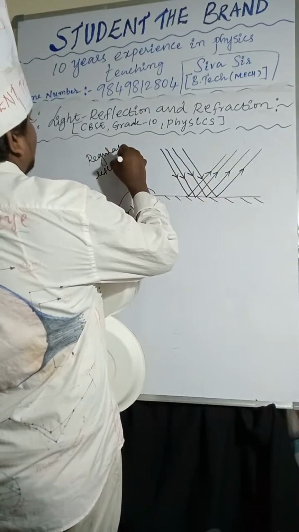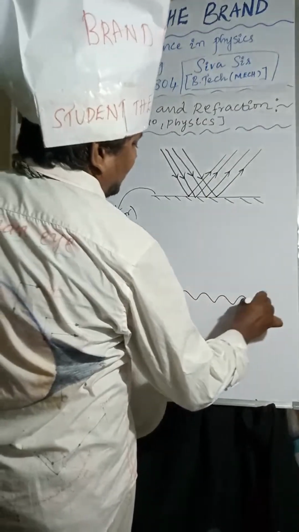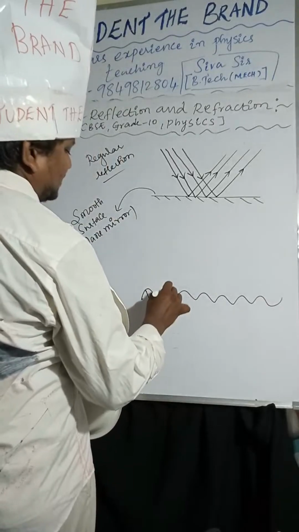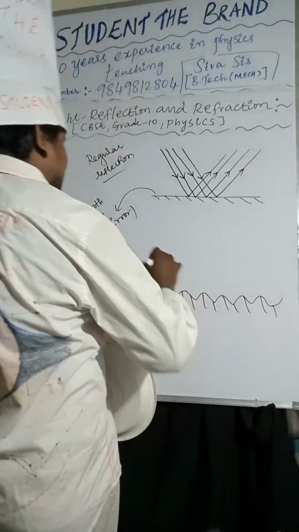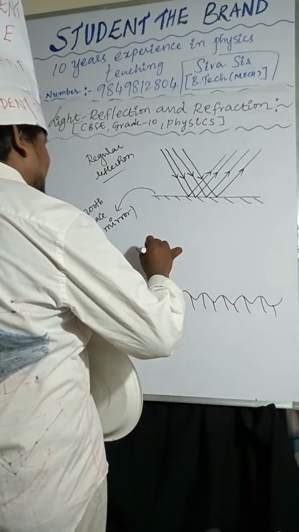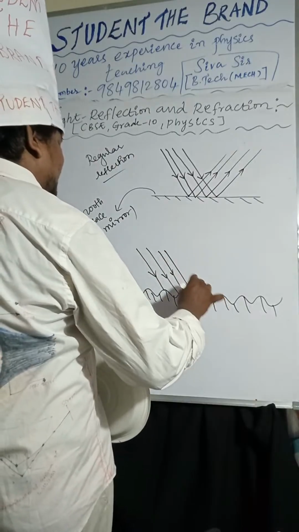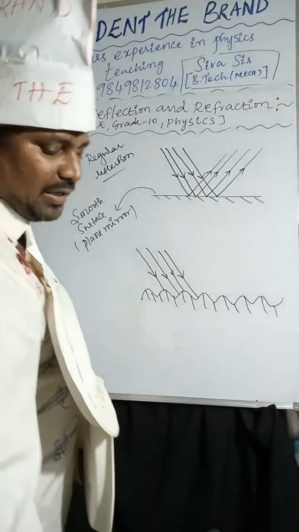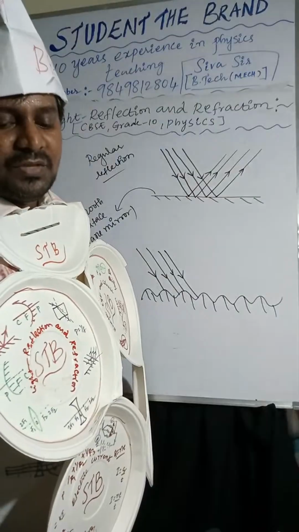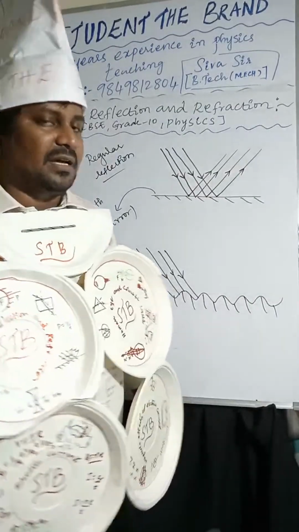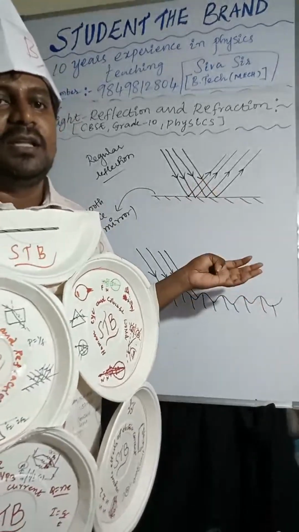Coming to irregular reflection, I am taking it like this. These are the incident light rays, and they are parallel to each other. If the incident light rays are parallel, but the reflected light rays are not parallel to each other,